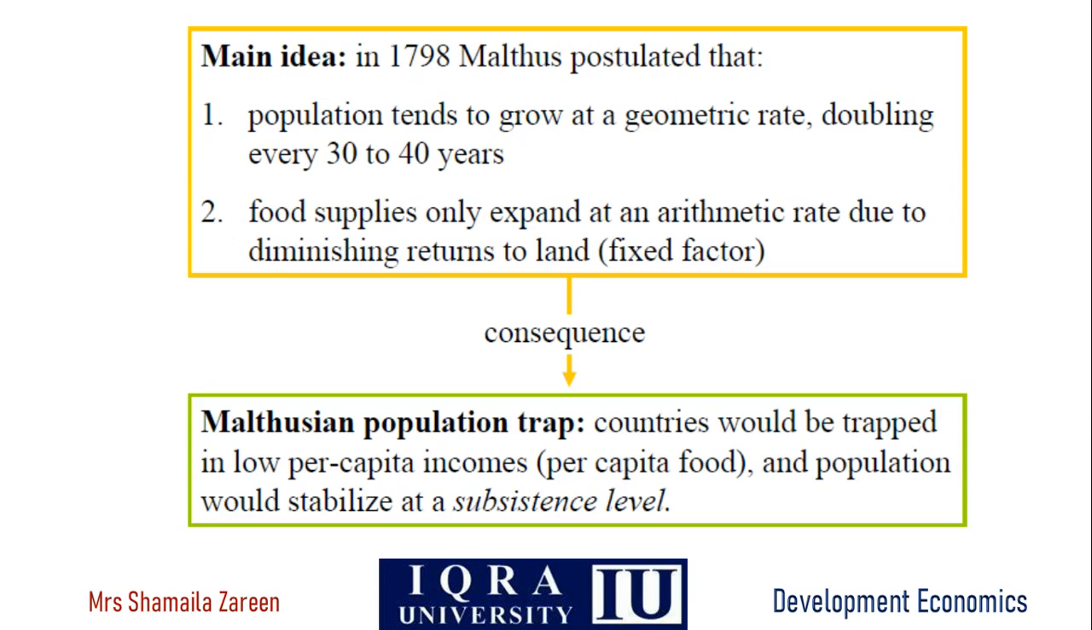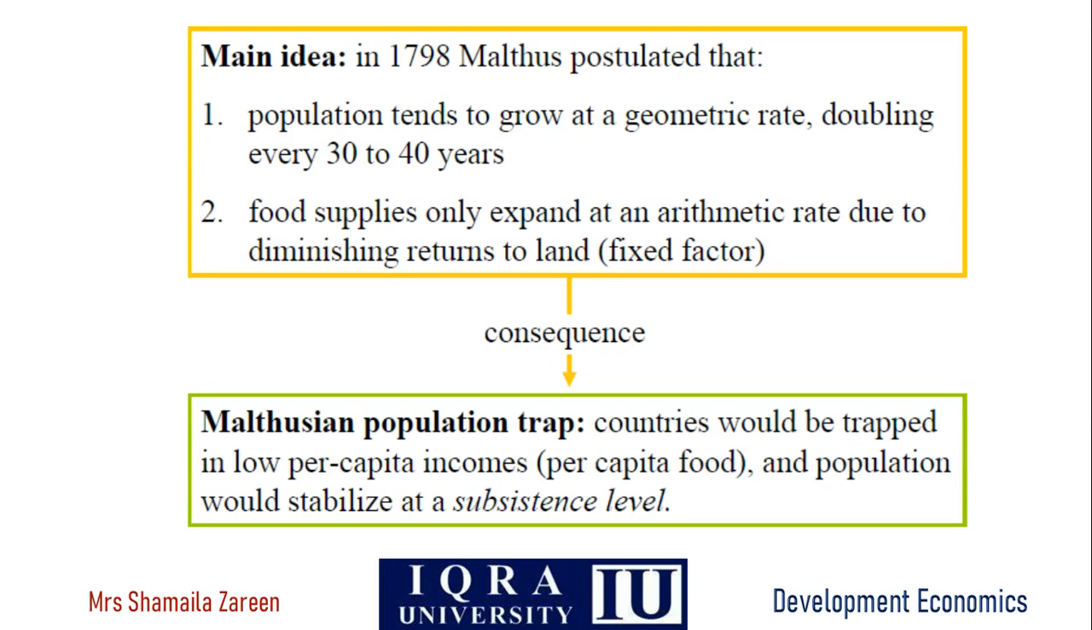postulated in 1798. And he said that population tends to grow at a geometric rate, doubling every 30 to 40 years, and food supplies only expand at an arithmetic rate due to diminishing returns to land, that is a fixed factor. And according to them, Malthusian explained the population trap or poverty trap. The countries would be trapped in low per capita income, per capita food and population that would stabilize at a